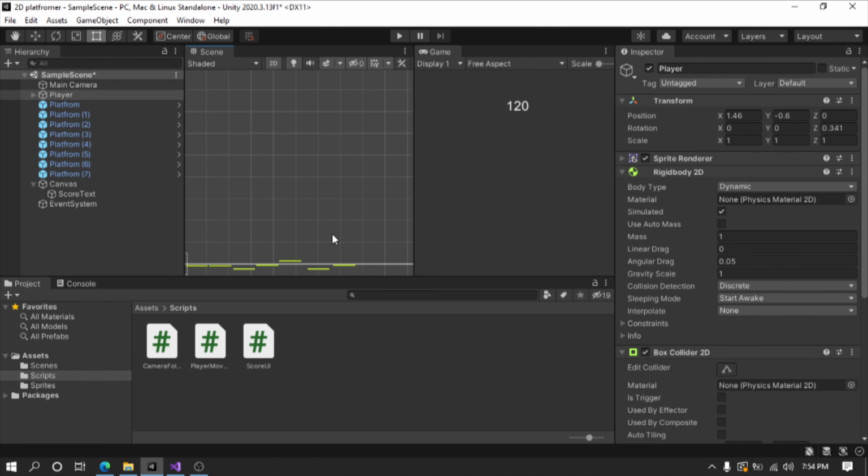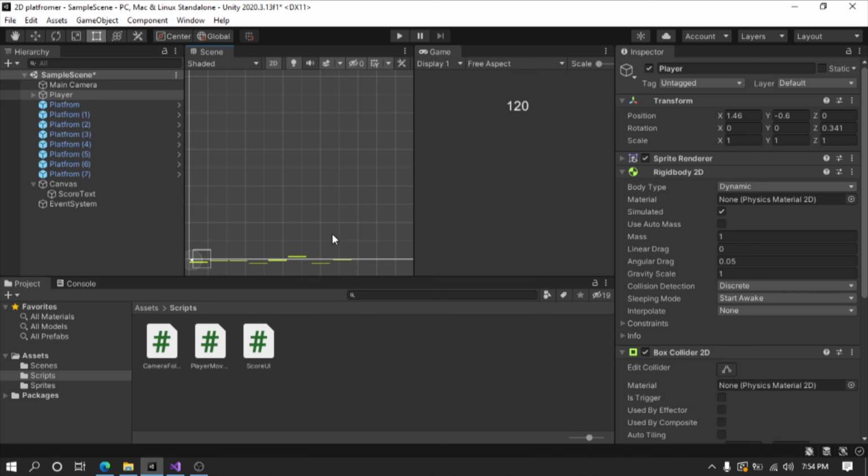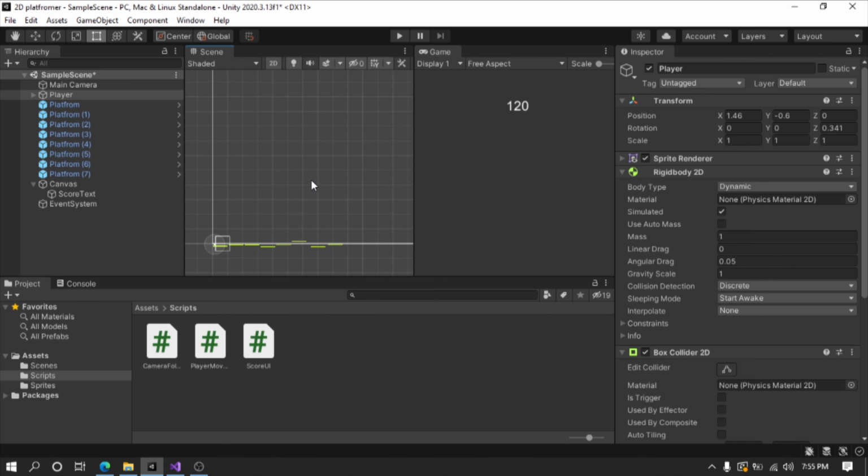to implement these things in your game, how to implement something like a UI in your game, how to hook up something like a UI text to an object. So keep in mind that this is not the most efficient way. I'm just putting it out there. The way we are going to check for score, as I said before, is measuring the distance the player goes. So right now the player is moving on the x-axis, so we're going to keep track of how much distance the player goes on the x-axis, and we're going to print that number in our UI.